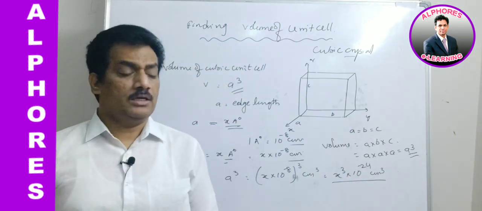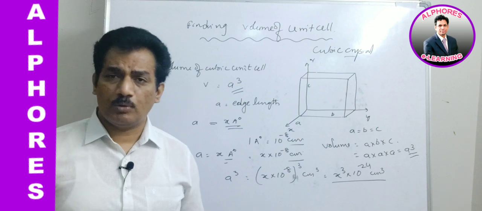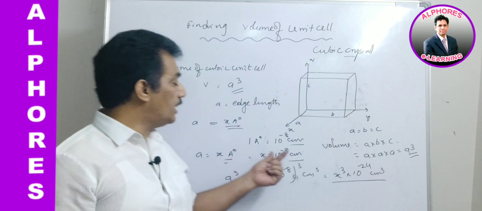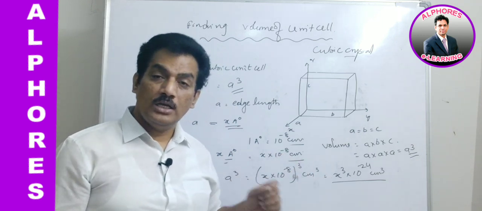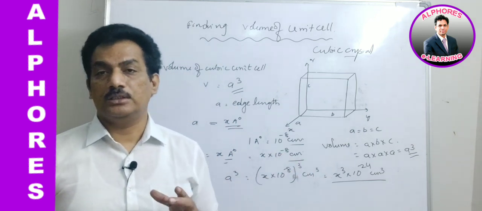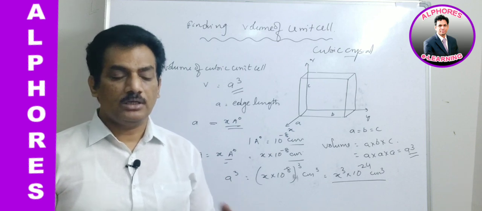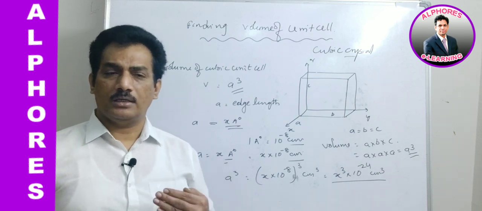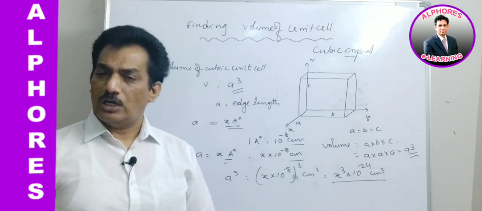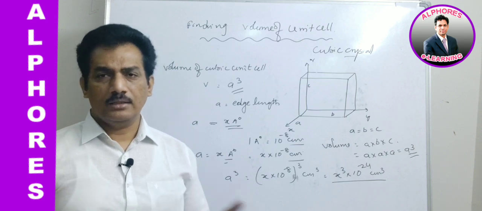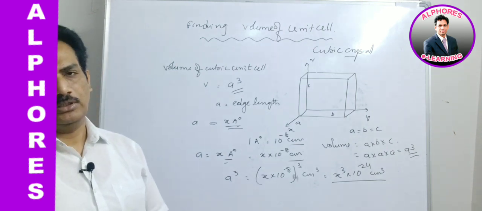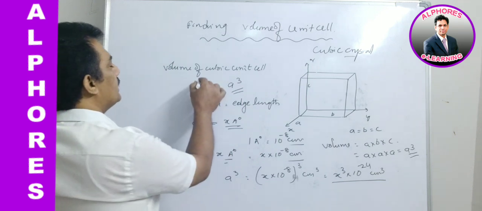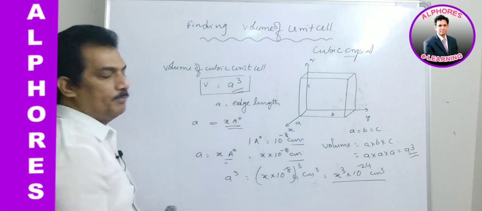In case they are directly giving in centimeters, no problem at all. But in case they are giving it in angstrom units, just convert them into centimeters. Only in centimeters or meters you have to consider the volumes. After completion, in case they are asking any reverse numerical, then also first you find the edge length or volume in centimeters, then reduce into edge length and then convert into angstrom units. Are you clear with this one? Altogether, simply we can say that the volume is nothing but a cube.